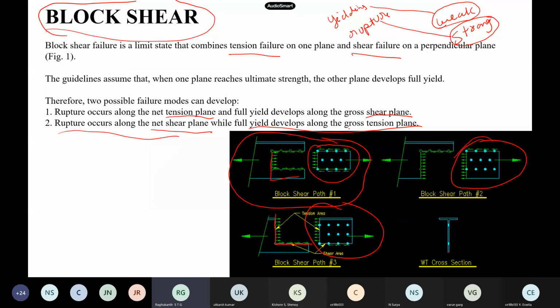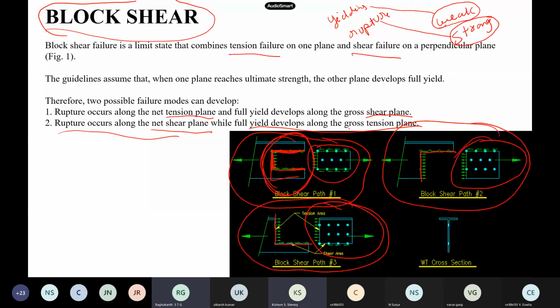That is, a tension area. Then you should be able to identify which is a tension plane and which is a shear plane. It is straightforward. You can see this is a tension, this is a shear. On this side, two shear planes are there, one tension plane. Now here, how many tension planes and how many shear planes are there in part 2? One tension plane and one shear plane. Excellent. So this is one tension, one shear. Here, this first case, two shear, one tension. Now the third case, one shear, one tension. So you should be able to identify.